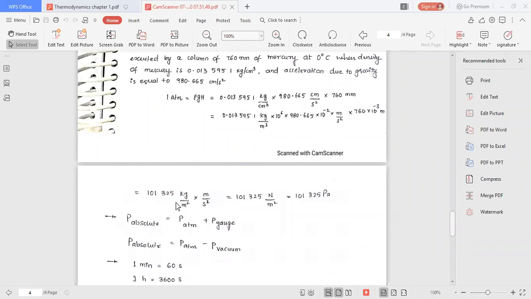Here you see units. Units are important in every calculation. Okay. Here kg is there. Centimeter cube I have converted into meter cube, centimeter into meter, mm into meter. So after multiplying, what happens? Here 1 m, here 1 m get cancelled. Remaining is kg per meter square. Here meter per second square. I have not cancelled here because I need m here. Why? Because what is meter per second square unit? What is meter per second square? Pranita?